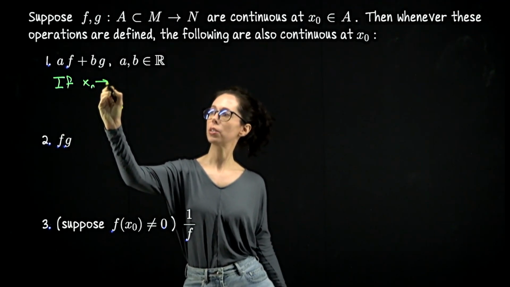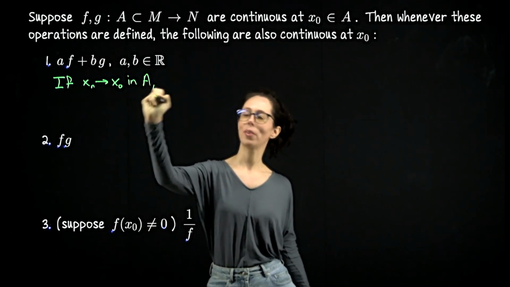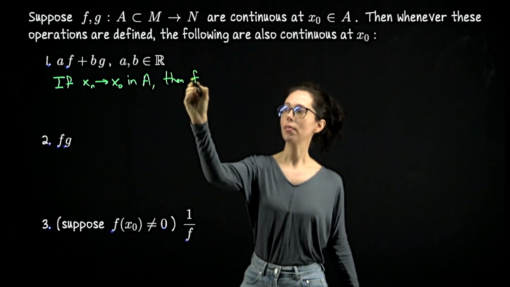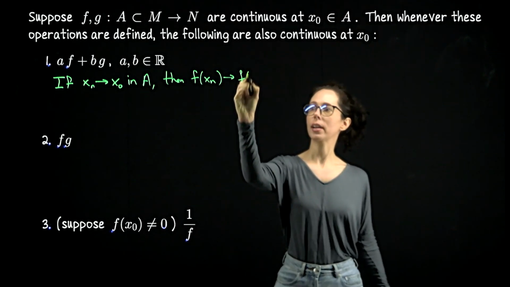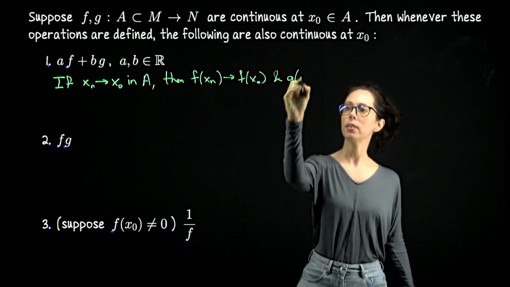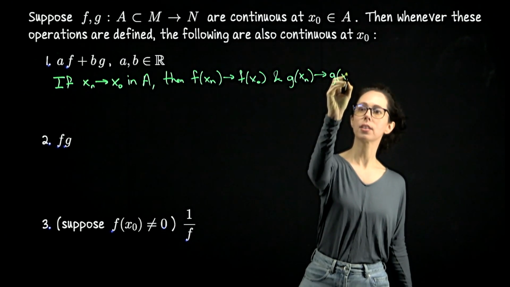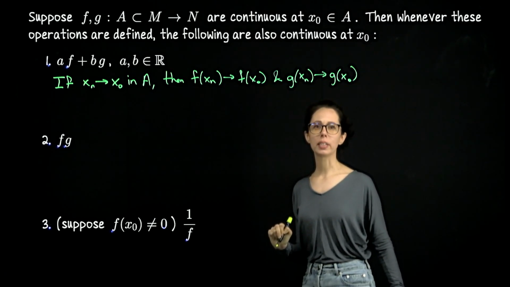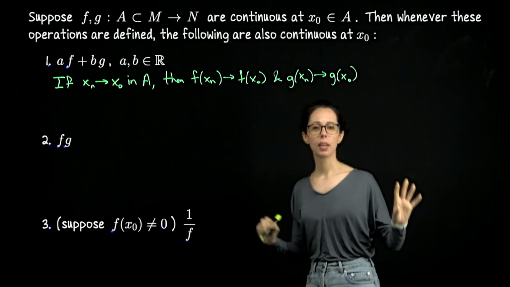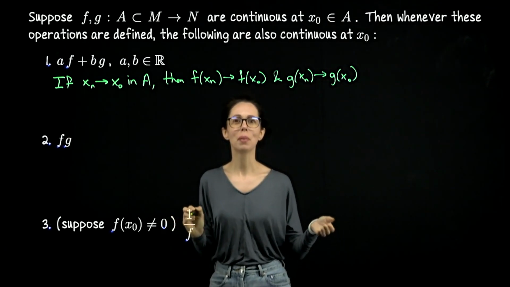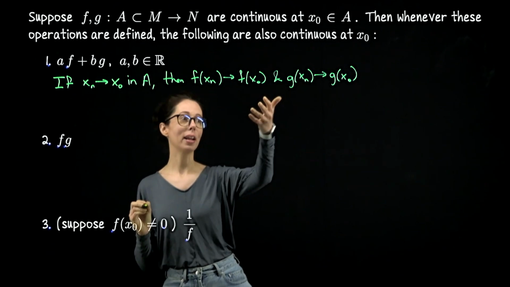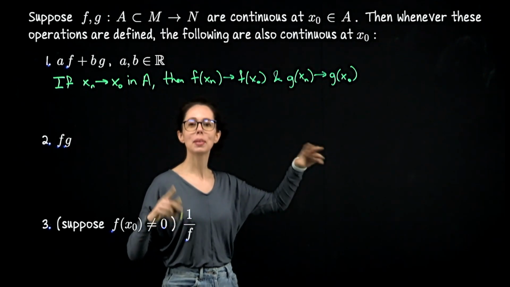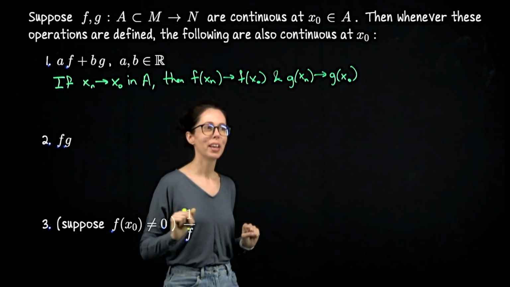If xn converges to x naught in A, where again, I'm going to use the sequential description of continuity, then f of xn converges to f of x naught, and likewise, g of xn converges to g of x naught. That's just the sequential characterization of continuity. Now, I don't want to take a detour into proving the algebraic limit theorems. I assume that you've seen those and I can refer to them. So basically, I can take this convergence and scale it by a number, same here, and then the limit of a sum is the sum of the limits. Okay, so I'm just going to write it down. Therefore,